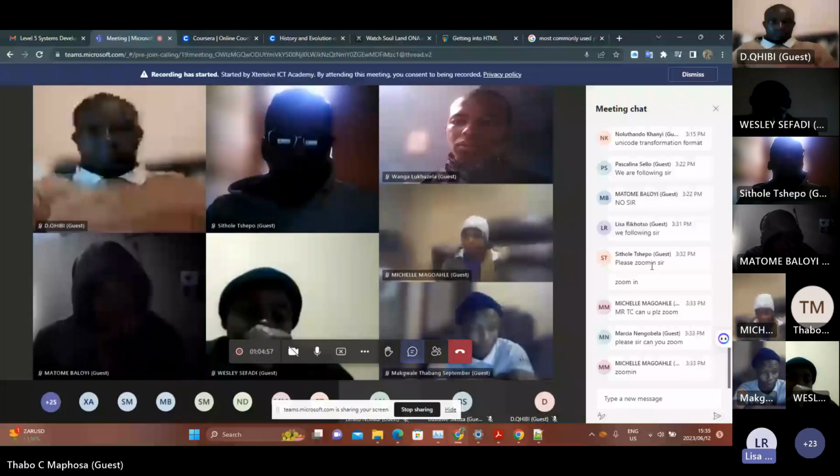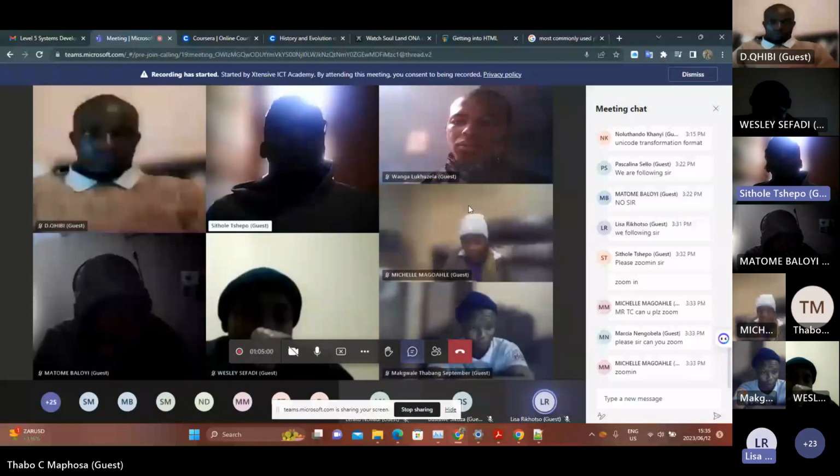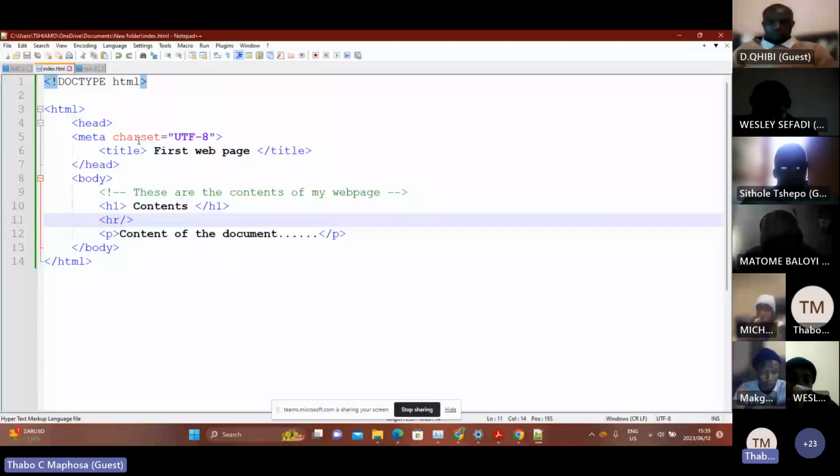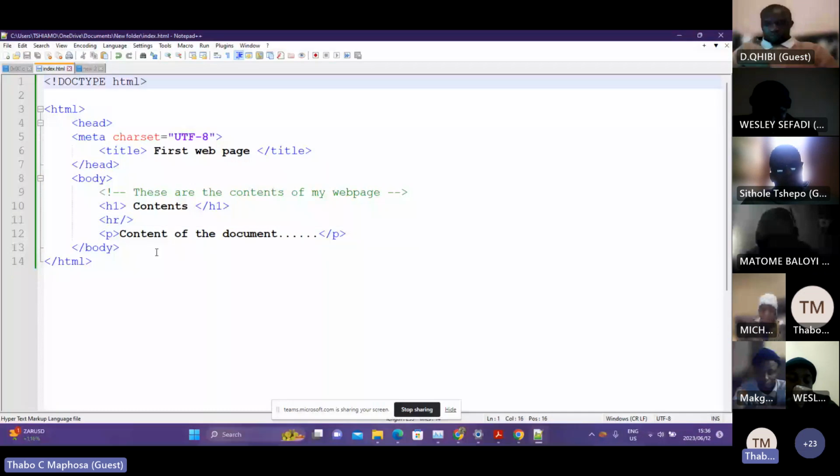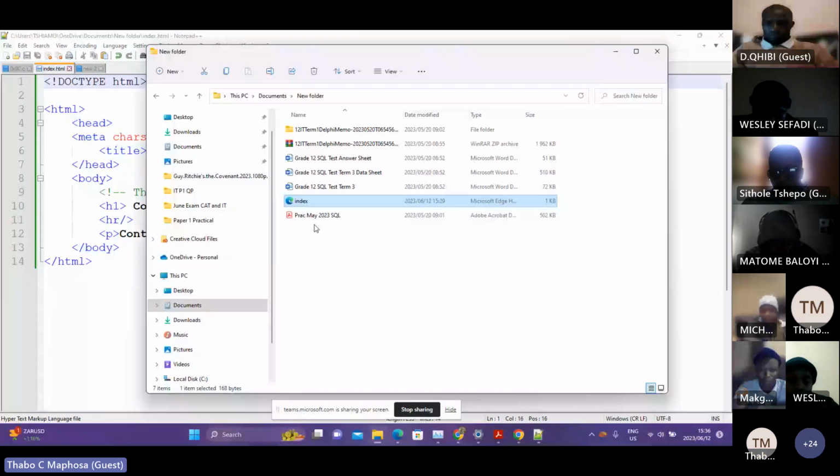All right. So see, this is the basic structure of my website. You can add more content as you go. You can add pictures, you can add links to a document. For instance, let's say on this page where I'm saving my document, I've got this thing here.